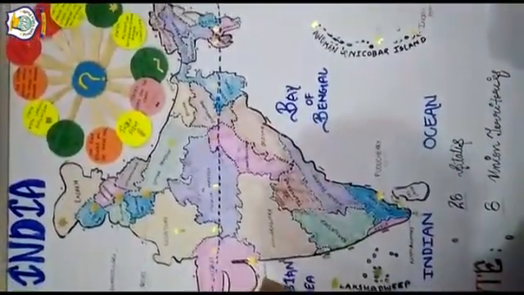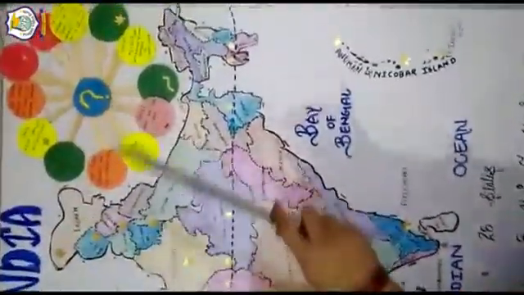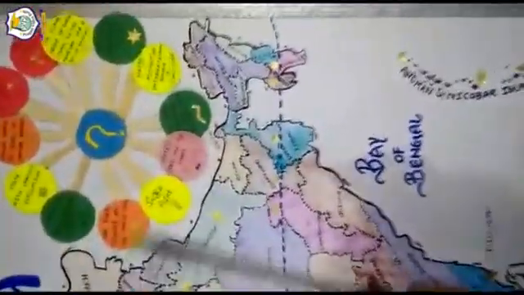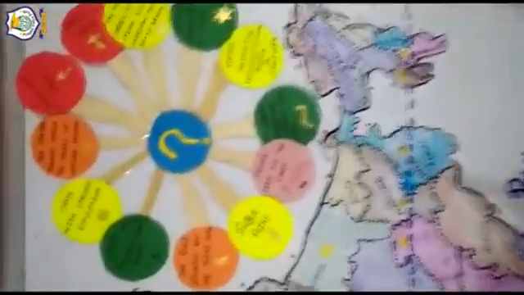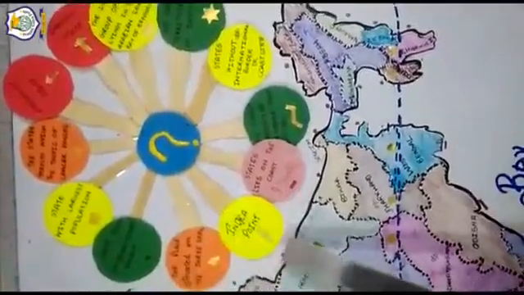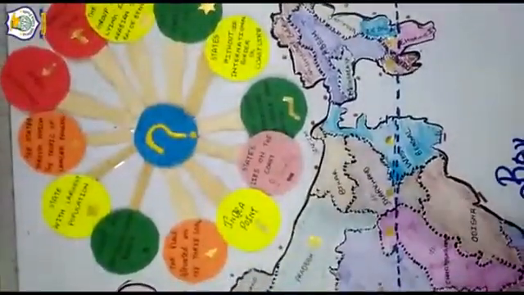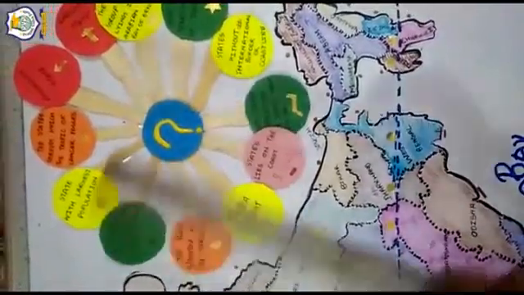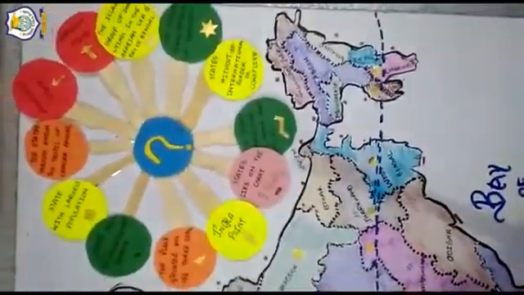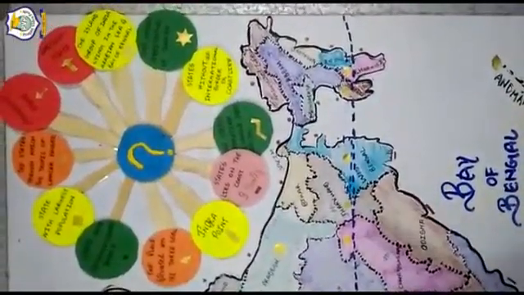Before this, I want to tell you an important thing, that is the index. So first we have to make an index. The index consists of questions with symbols. You can see the symbols are here, and in this manner I have made this index. You can also create the index in another way. Now moving ahead to the questions.